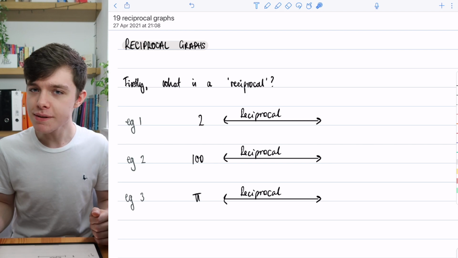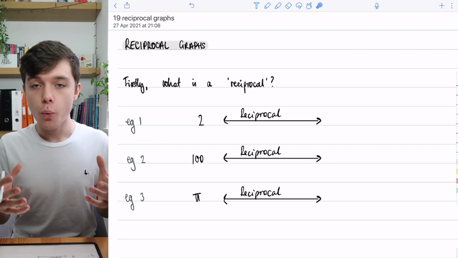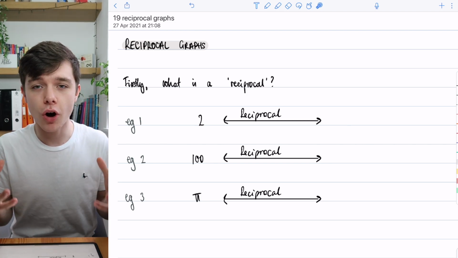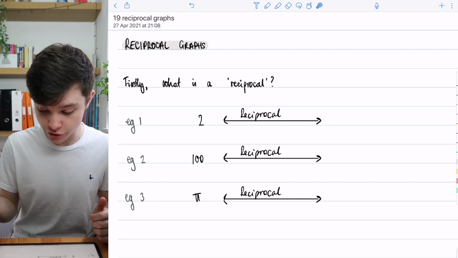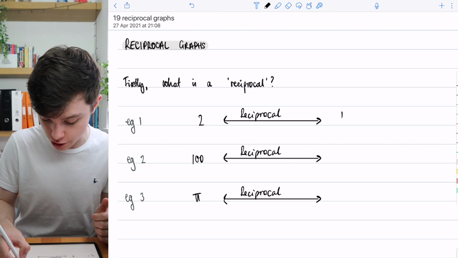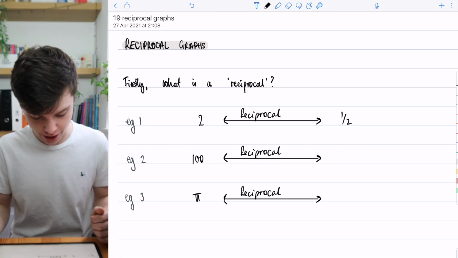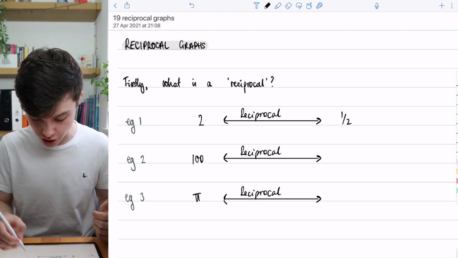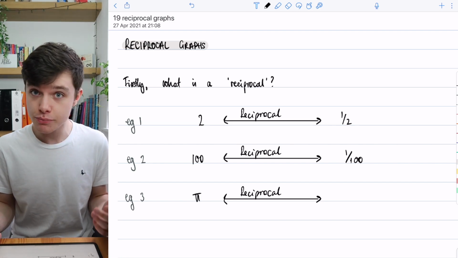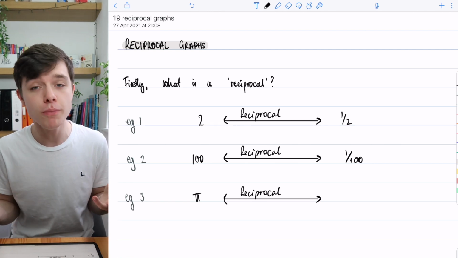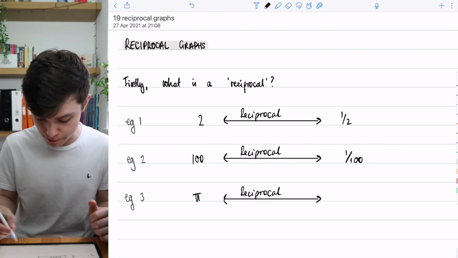To work out the reciprocal of a number, we don't really need to actually work it out. All we have to do is just write 1 over that number. So the reciprocal of 2 is just 1 over 2, in other words, a half, okay? The reciprocal of 100 is just 1 over 100, okay? And the reciprocal of pi, well, pi is still a number, we're just going to write it 1 over pi,